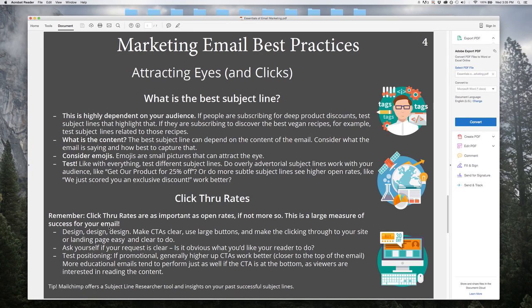Just test. And as one tip here, wrapping up the subject lines and click-through rates, MailChimp does offer a subject line researcher tool. So when you actually set up your campaign,